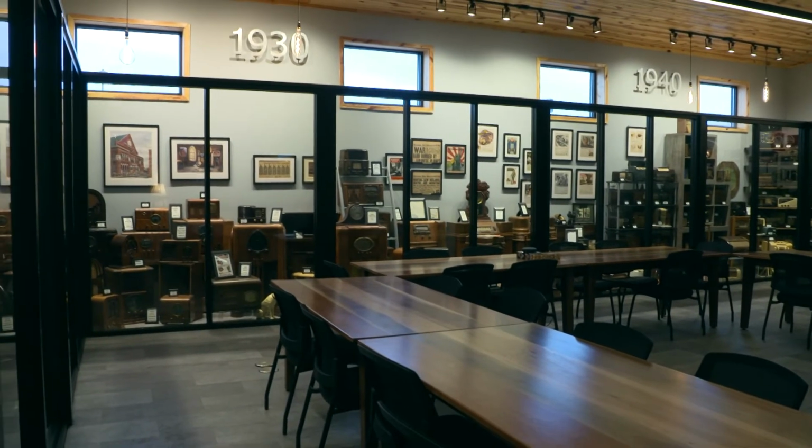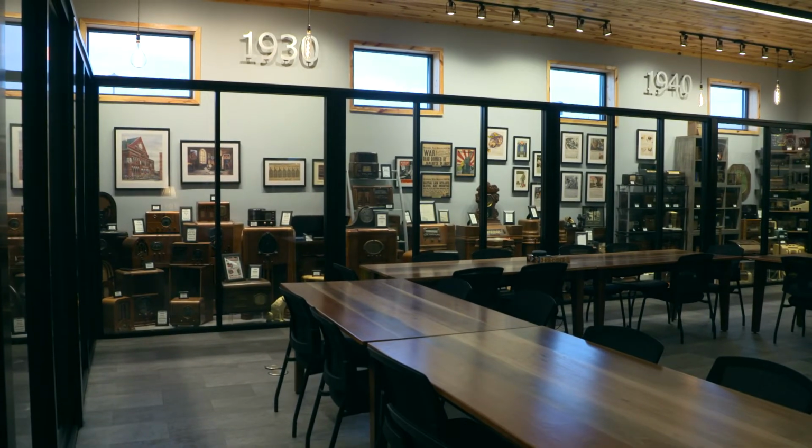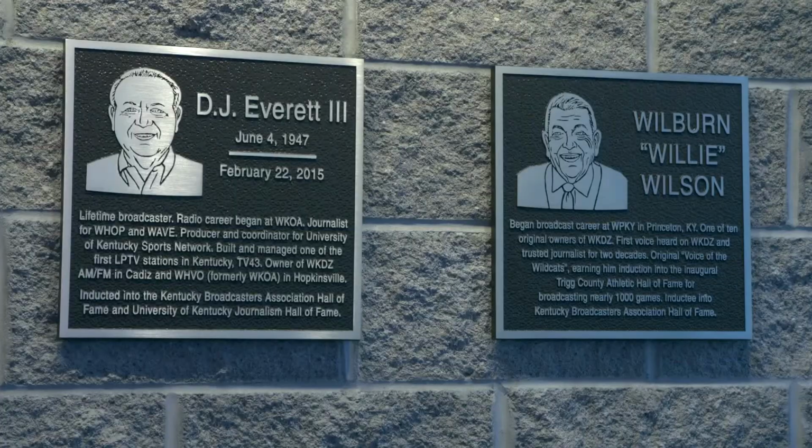I can see microphones I've used in the past there. What's the story behind it? Story behind it, our previous owner, DJ Everett, who passed away a few years ago, he was a huge collector of radios. And so when he passed away, Beth, here at the station, Beth Mann, now our president, general